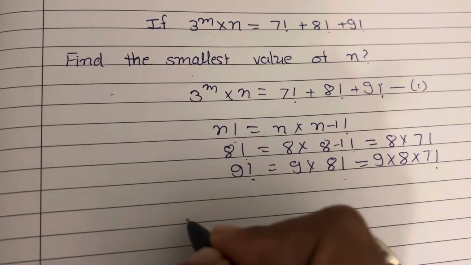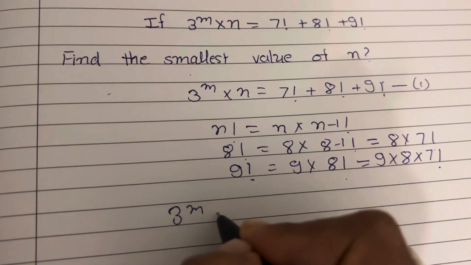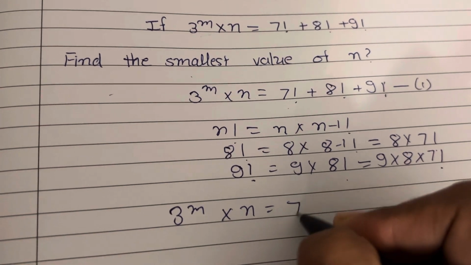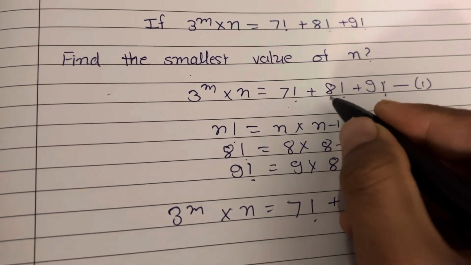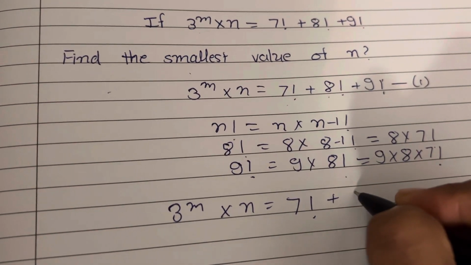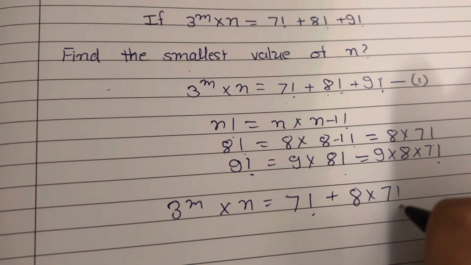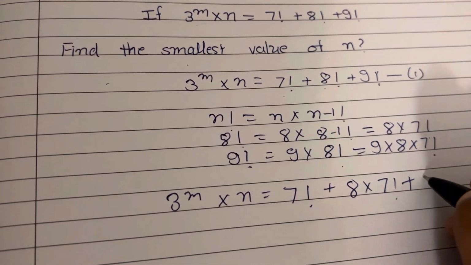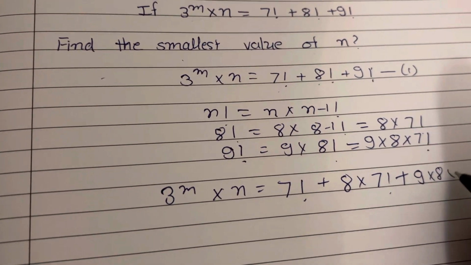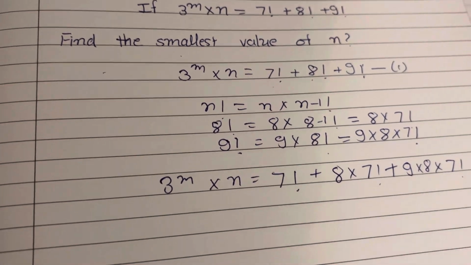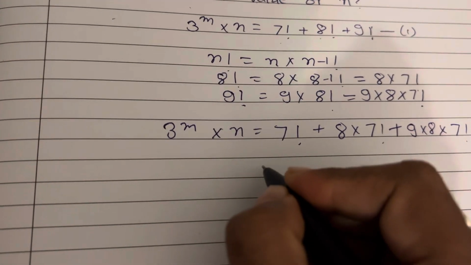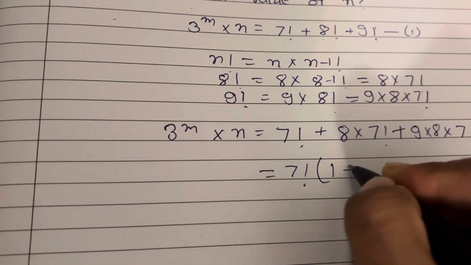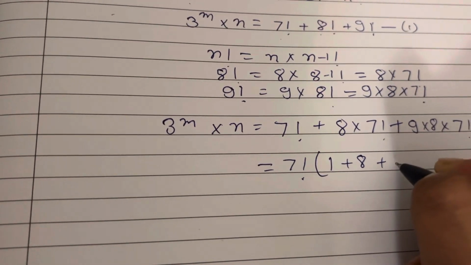Now equation 1: 3 to the power m into n is equal to factorial 7 plus factorial 8, which is equal to 8 into factorial 7, plus factorial 9, which is equal to 9 into 8 into factorial 7. Now we take out factorial 7 from this equation. What is left? 1 plus 8 plus 9 into 8,